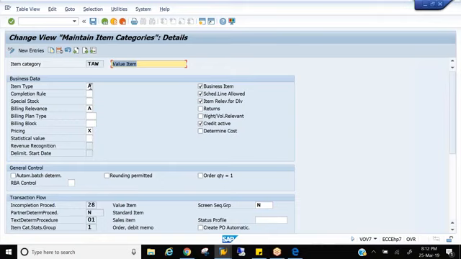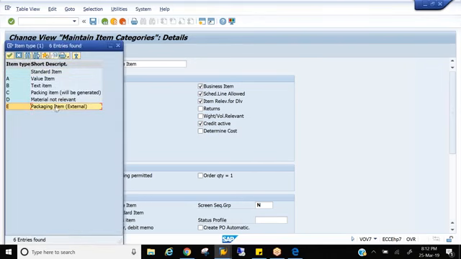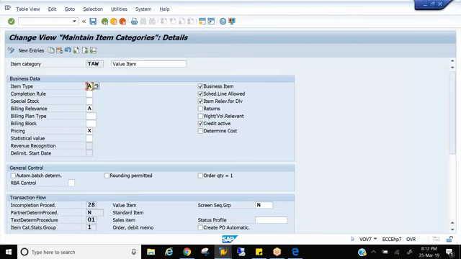Packing item. Let's say your company is a laptop manufacturing company or a mobile company. It comes in a very nice, decent packing, right? Is that packing free for the company? Take Apple. Apple comes in a very decent packing. Is it free? No. So that packing will incur some cost to the company. So packing also you should maintain as an item. You will have inventory for packing also. So what kind of item it is, that is determined by this field called item type. This field will tell what kind of item it is.